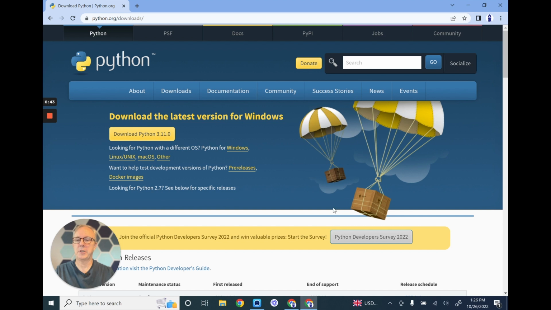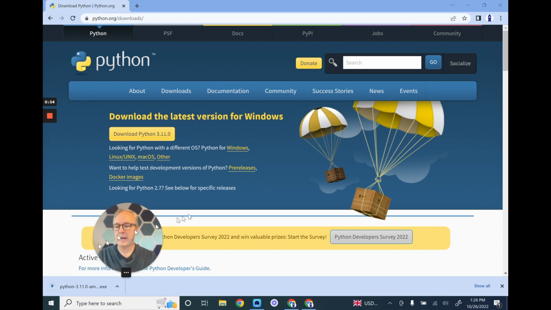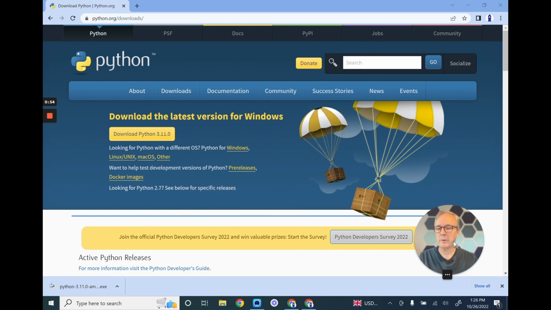and that's going to get you to this page where it says Download Python 3.11.0. Yours could be later. That's fine. Just click on this yellow button here. That will download, it's right here. So that'll download Python. And then once you're here, we're going to double click on this to open up the